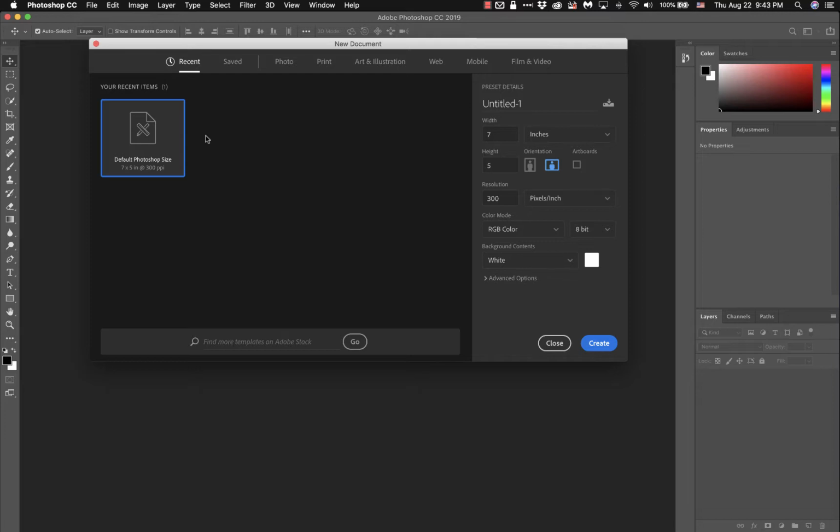Now, anytime you create a new document or new size of document, Photoshop will save a snapshot and list it here, just in case it's a particular size that you use a lot. Instead of having to enter the dimensions of the project every single time, you could just click on one of these